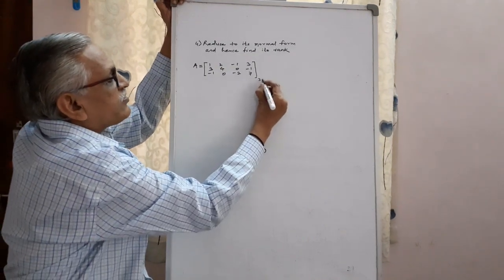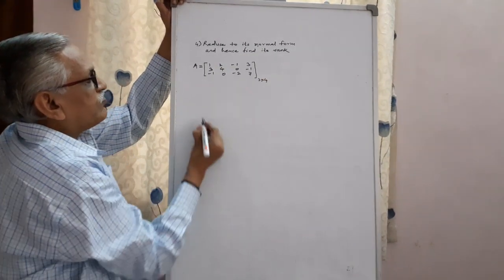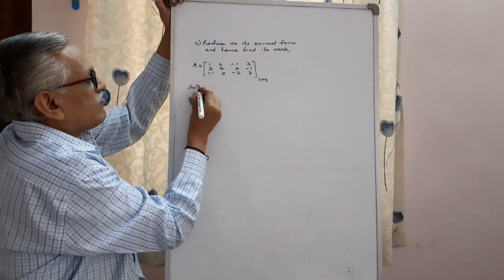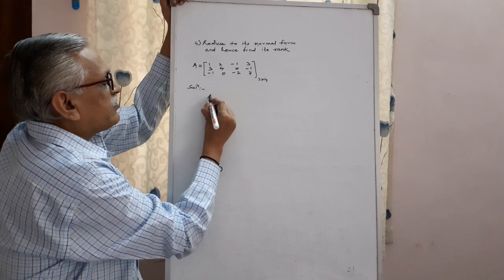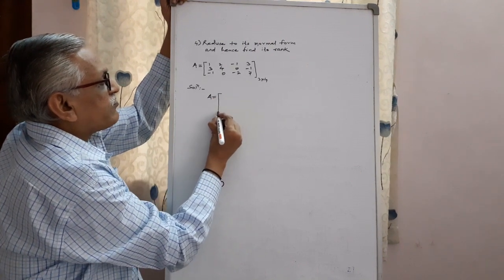Therefore, the order of this matrix is 3 by 4. To obtain its normal form, the given matrix is A equals